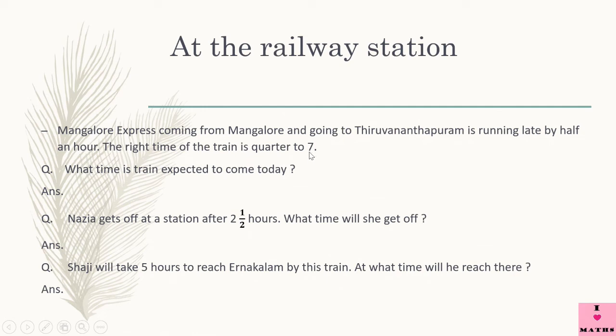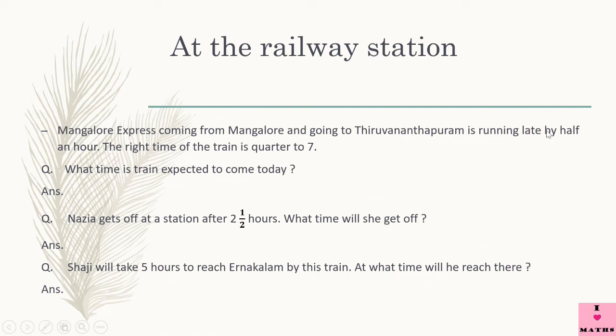Now 6:45. I taught you what is 6:45. You have to think what time is 6:45. Come on, think. Quarter of the clock still remains for the minute hand to reach 12, for it to become 7 o'clock. So 6:45 is 6:45. Okay.